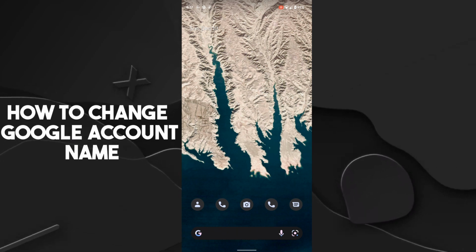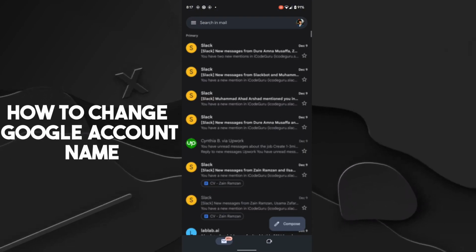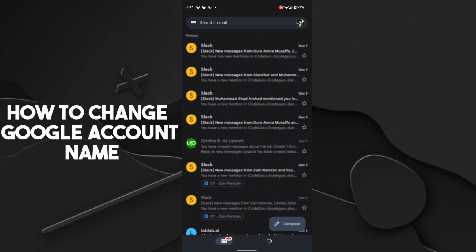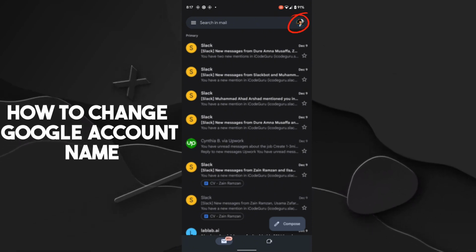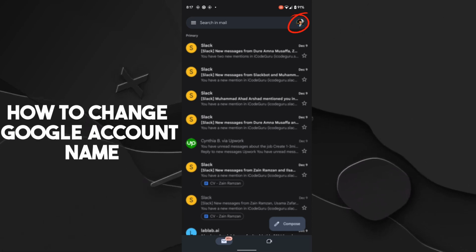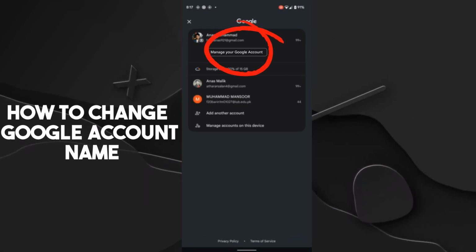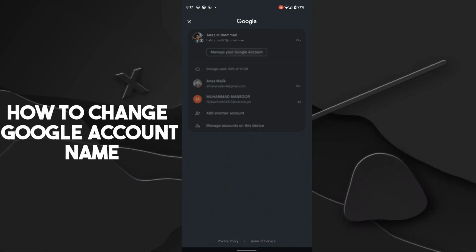So let's get started. Firstly, open the Gmail app. After opening the Gmail app, you just have to find an option which is manage your Google account. Okay, so firstly go to top right corner and click on your profile icon. After clicking on that, here is the option manage your Google account. You just have to tap on it